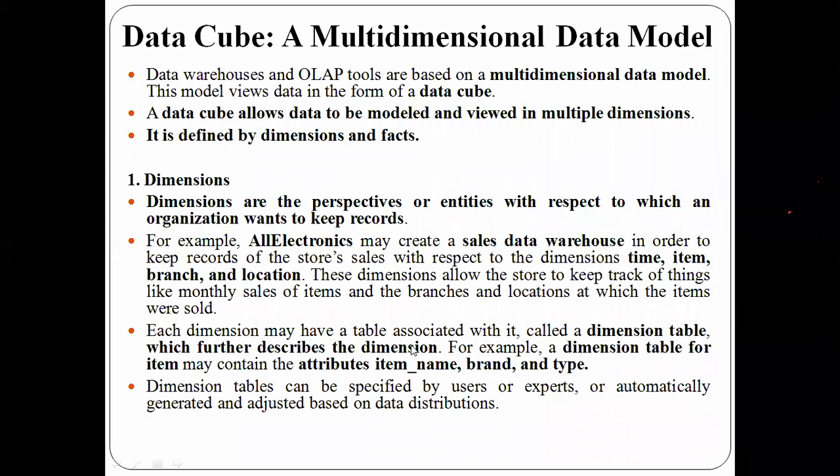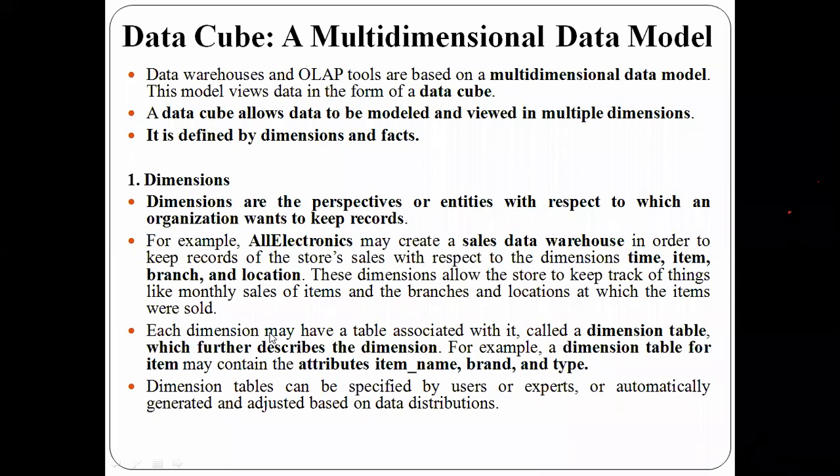So each dimension will be further described with the help of a dimension table. Each dimension table will have attributes. For example, a Student table is just like a dimension. So how do you further describe the student table? You will have some attributes here: student name, and